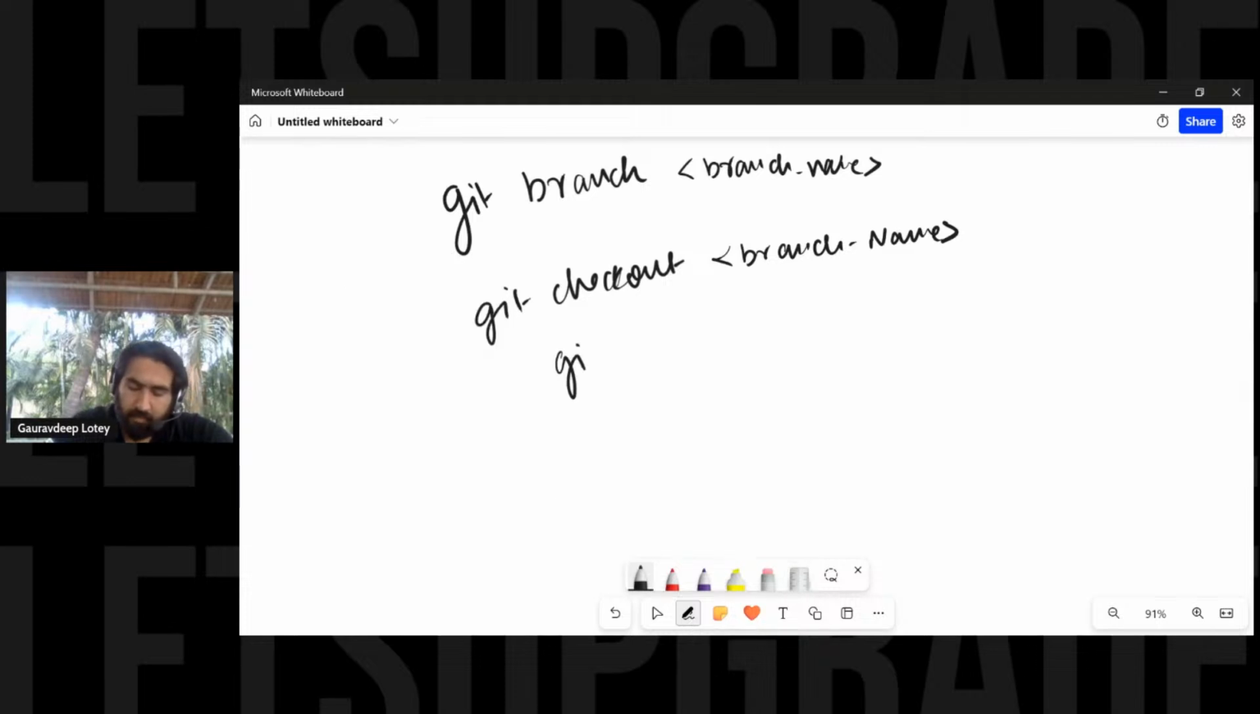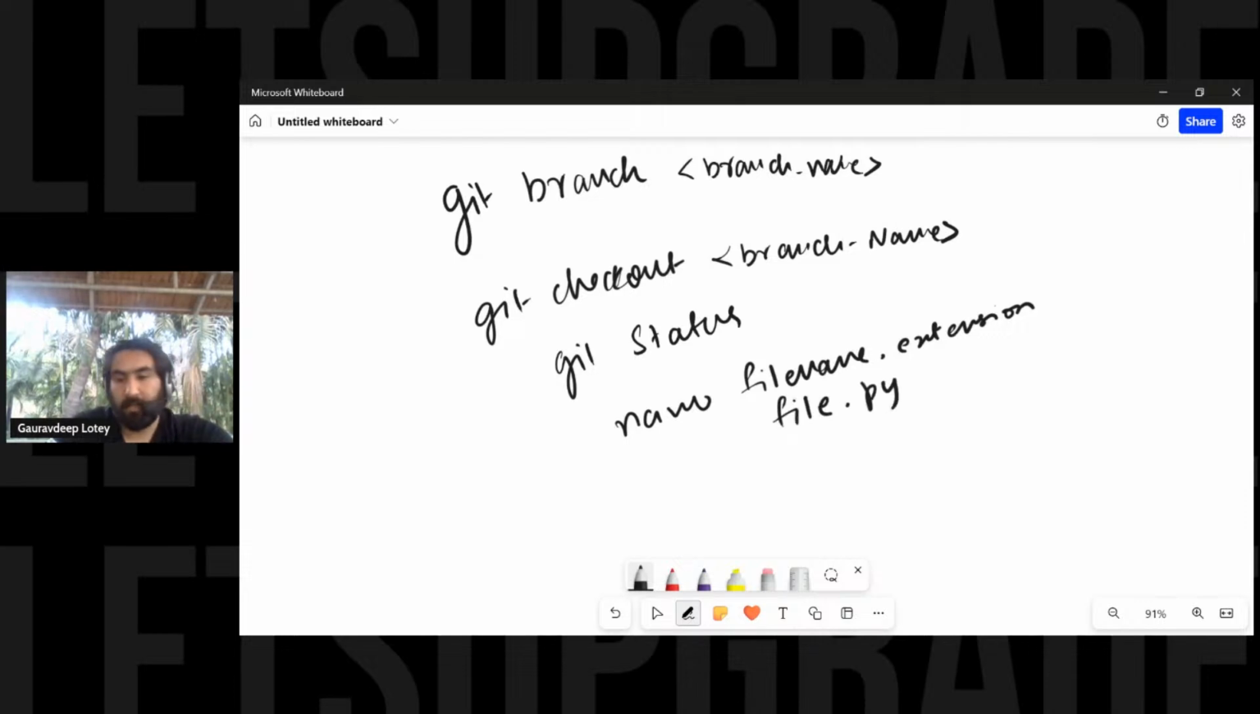Like say I want to get the status of this branch. Okay, I want to suppose edit some files. I will use nano as the editor, nano file name. Okay, and whatever is the extension, dot extension. Suppose I want to edit some Python files, I will do file dot py, which could be the name of the file. Whatever is the name of the file, it could be that, right? As simple as that. So I'll just mention the file name, I'll mention the extension,